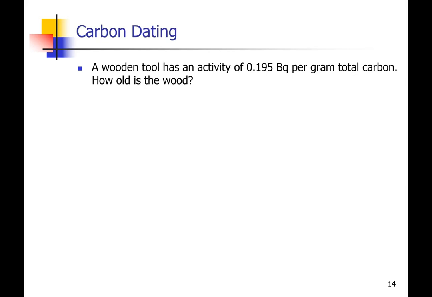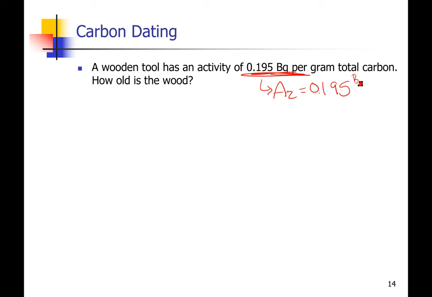In the next part of this question, we are told that we are studying a wooden tool that may or may not be really old, and it has been measured to have an activity of 0.195 becquerels per gram of total carbon. So this is our current activity. This is our A2,